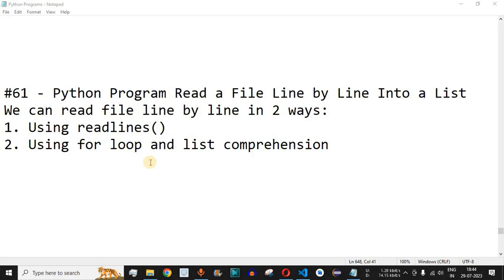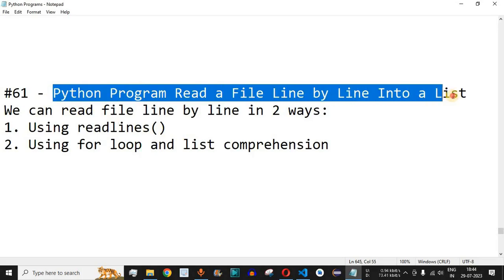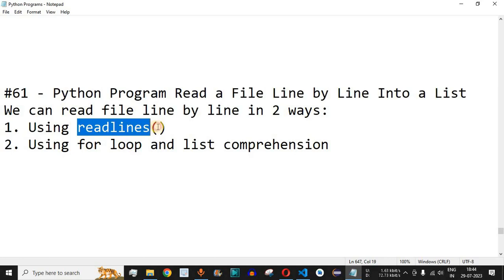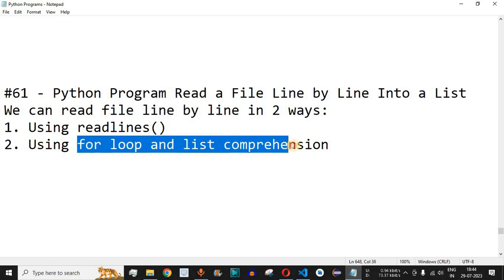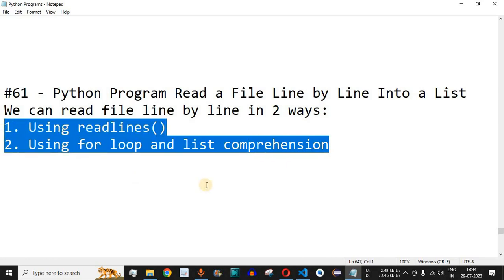Hey, what's up guys? Welcome to another video in which we are going to write a Python program to read a file line by line into a list. So guys, there are two ways to read the file line by line into a Python list. The very first way is by using the readlines method, which we are going to check with the help of an example as well. And the second method that we are going to see is by using the for loop and the list comprehension. So guys, let us see both these methods with the help of examples in the